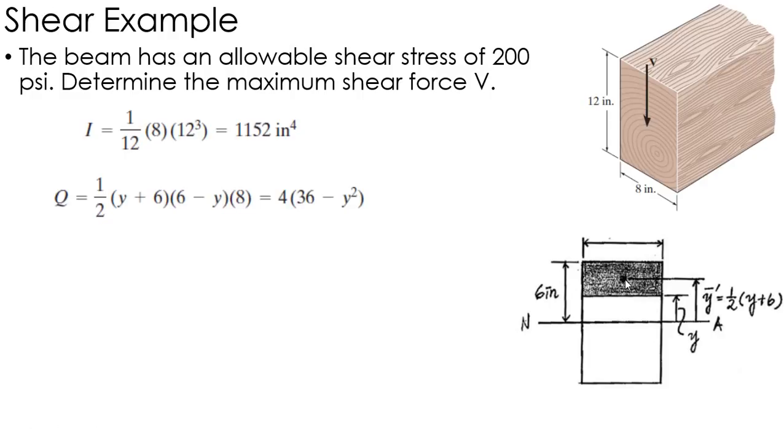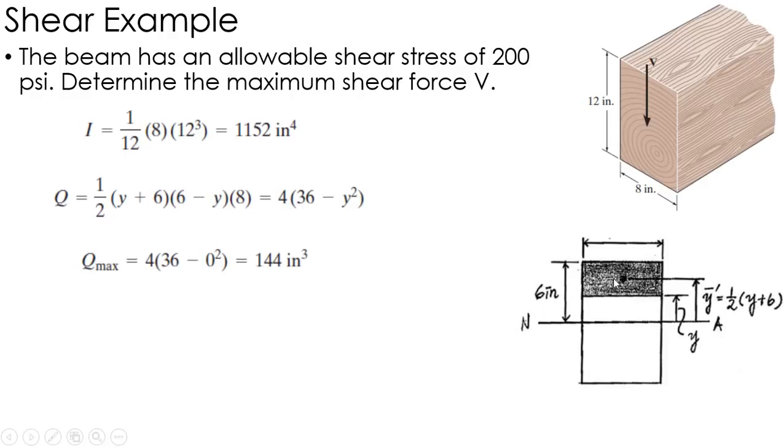Okay, and then the area is 6 minus y times the width, which is 8 inches as given here. So again, 1/2 y plus 6, that's the location of the centroid of this area above the arbitrary point that I'm looking at, y, times the area, which is 6 minus y times 8, which is the area of that